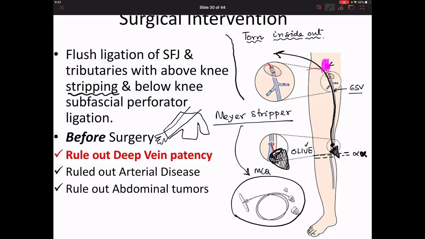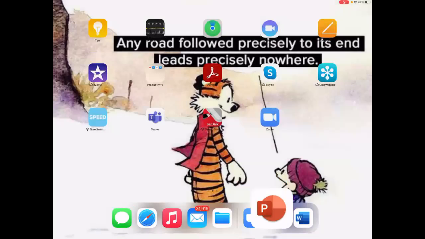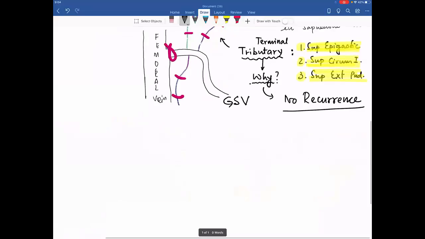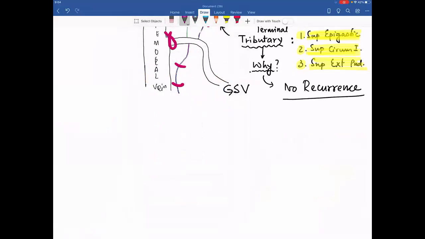Why don't you do this below the knee? Saphenous nerve. Exactly. There is a nerve that accompanies the vein. What is the name of the nerve? Saphenous nerve. Yes. So for below the knee, what is the thing that you do? For below the knee, understand that this colored material is called the deep fascia.